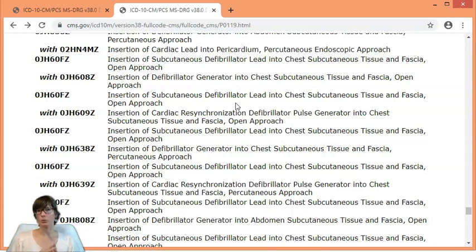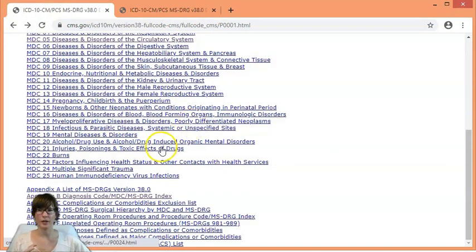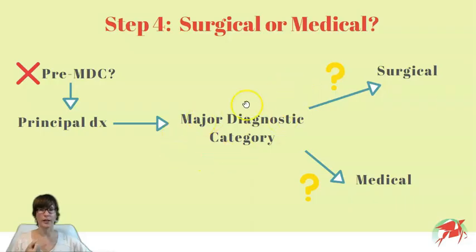We are not going to go into detail on how to pick the appropriate procedure from the surgical hierarchy because I'm trying to keep this video under an hour, but please know that there are separate appendices where you can find this information. Appendix D, E, and F will help you with the surgical hierarchy and with all the procedure codes. Now let's get back to our case and assume that there was no procedure performed. As I mentioned already, if there is no procedure, then this will be a medical case, right? Because that was our choice. We either go to surgical based on procedure or we go down to medical if there was no procedure.